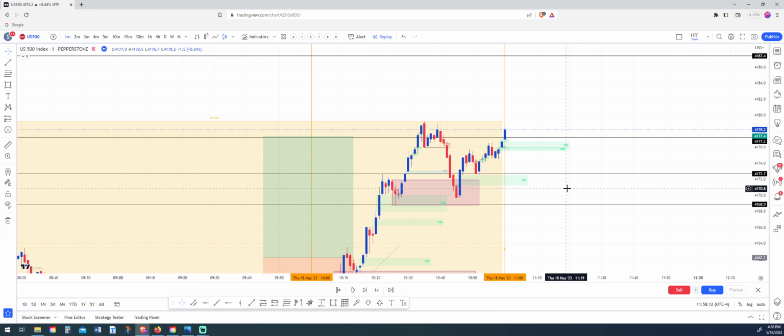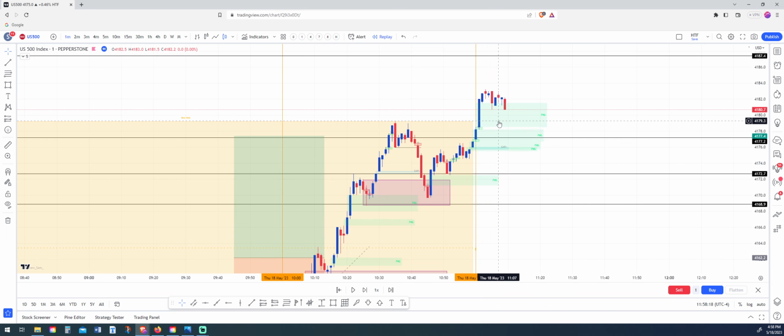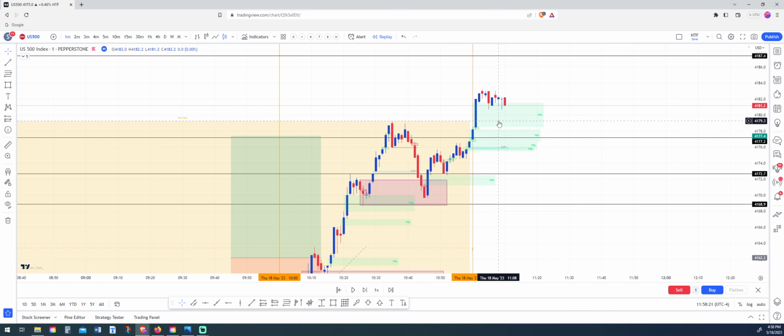And that's the end of the hour. So we've finished the hour, the high of the day. There was no break of structure on the inside. We didn't break this low, which would be the break of structure to there. We do obviously have a small internal break of structure there. We wouldn't be looking for shorts there, I don't believe.